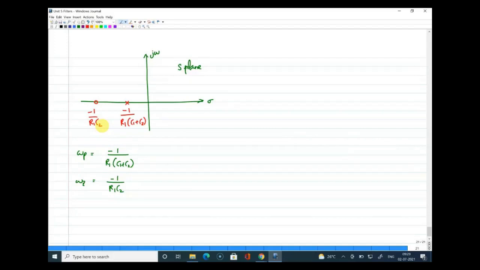Yeah, I think it is clear. And so to make it more clarified, what we can do is draw the filter response here. This is the frequency axis, and this is the magnitude of H(s). It will definitely have some magnitude, even 0 dB. What I'm drawing here is actually the ideal response.